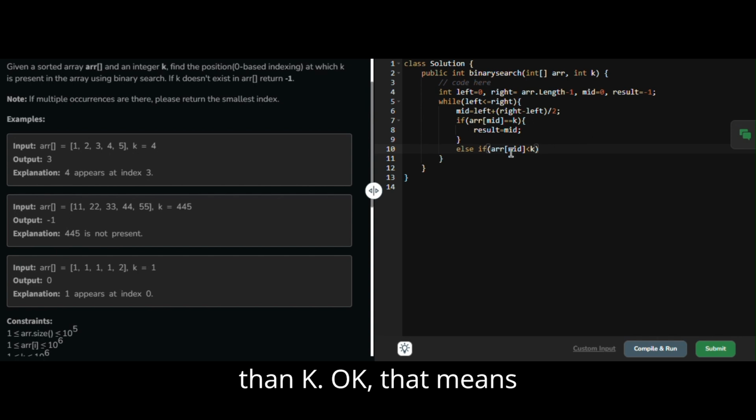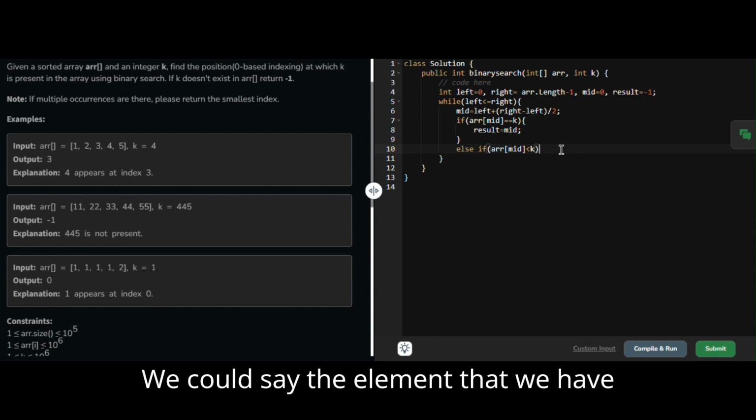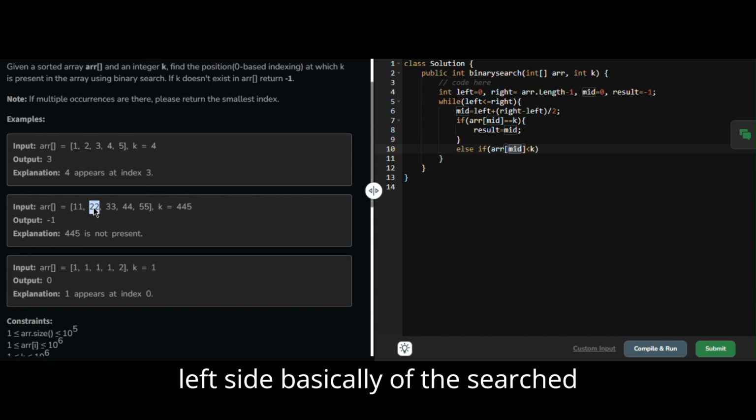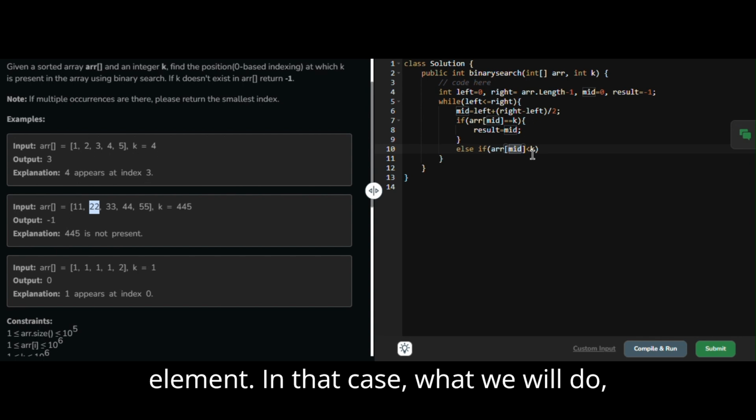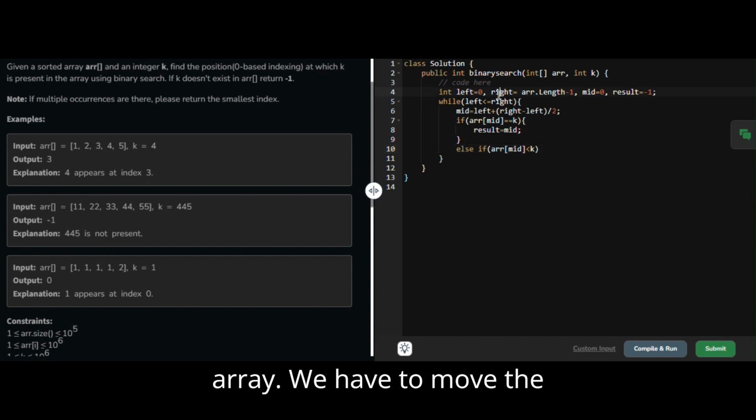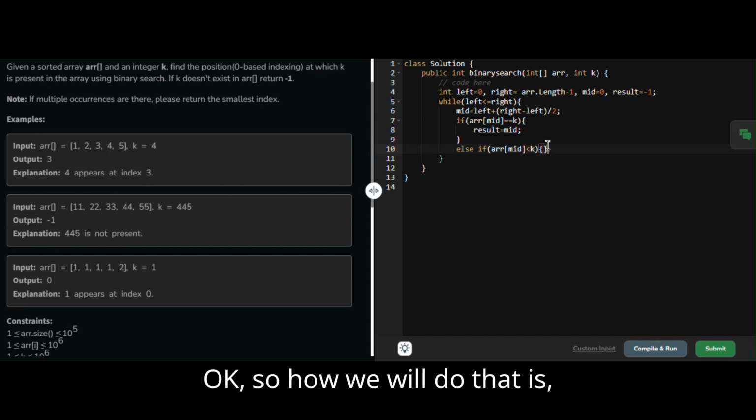That means the element that we have found is smaller, it's on the left side basically of the searched element. In that case, we have to move the bound. Okay, so how we will do that is